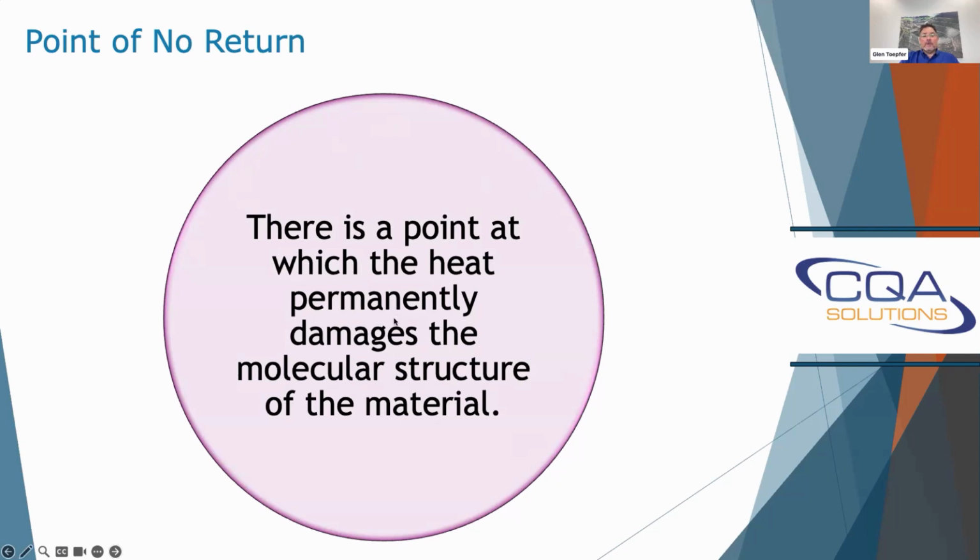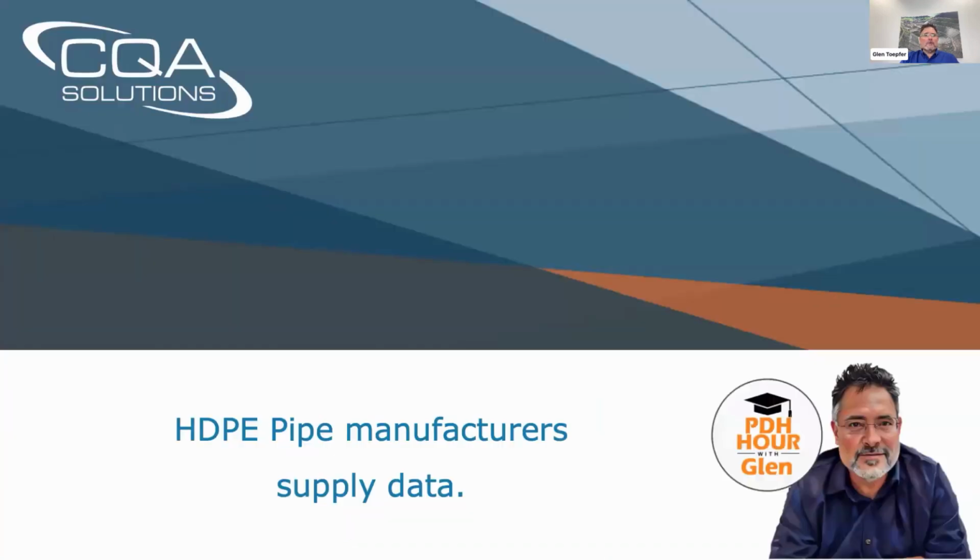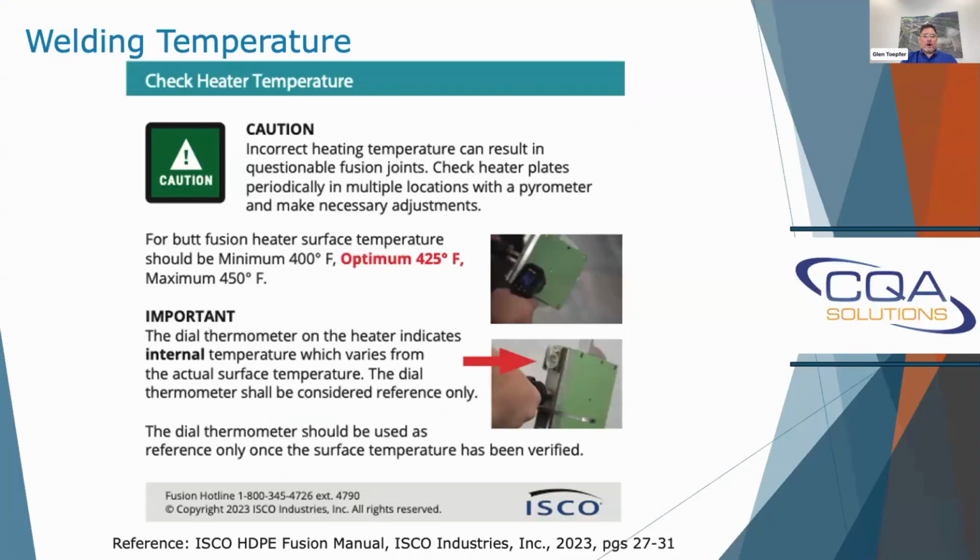So what Kerry Rowe, Ian Peggs, and others talk about is the damage to the molecular structure of the material, the OIT loss, and the potential stress cracking. Another reason why I believe that geomembrane manufacturers should provide the data is that HDPE pipe manufacturers supply this type of data. From ISCO Piping, I took this chart out of their HDPE